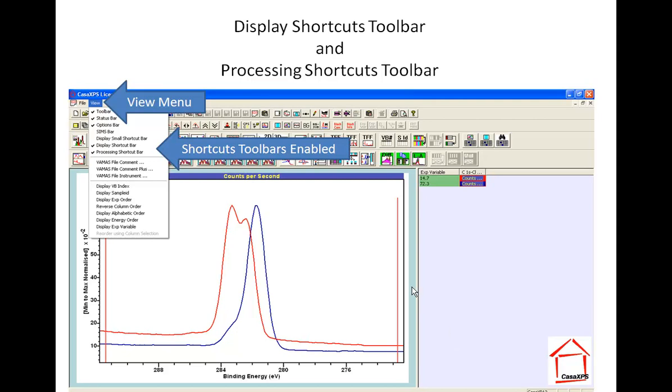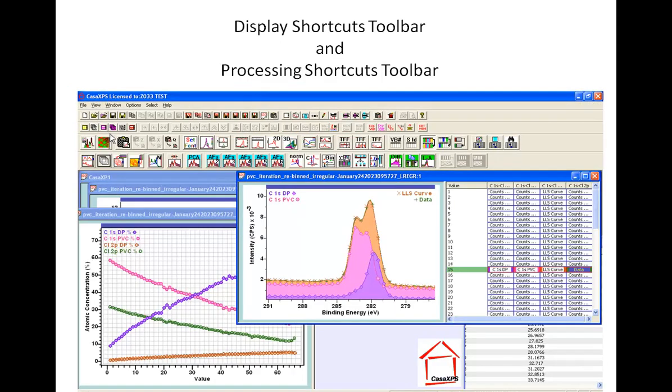In the course of this video, I'm going to illustrate how a pair of toolbars that are new to this version of CasaXPS can be used to process a data set without recourse to any dialog windows. The toolbars are available from the View menu, and these toolbars provide sufficient functionality to allow the analysis of a data set of spectra that evolve with time